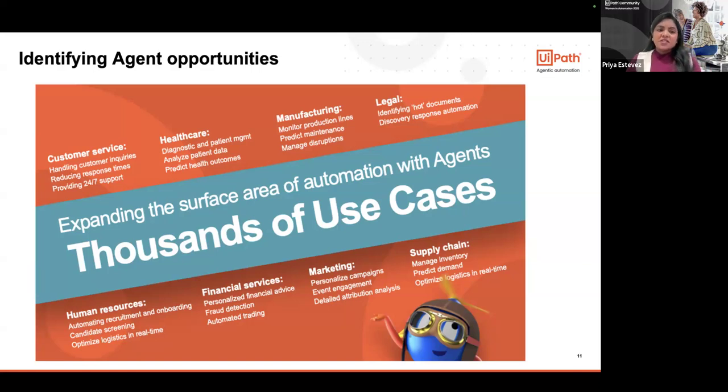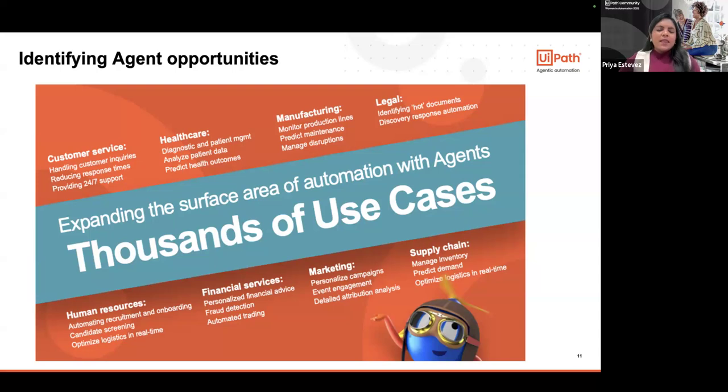So in the case of customer service, all you're doing is reducing that response time and relieving the human from answering only simple queries. This way the agents can provide 24/7 support, and the human can take actions on other more valuable questions, because another customer could have a more important, very detail-oriented help that he needs. That's where the humans could be involved.